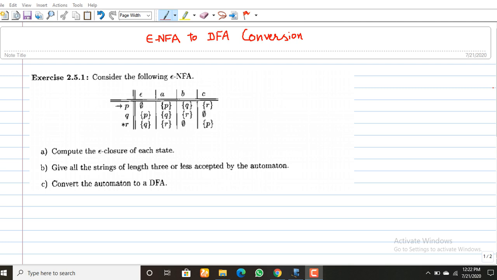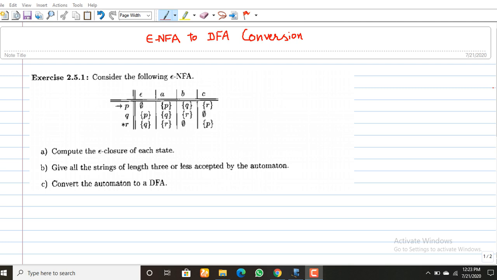And so it has the properties of an NFA plus one other property, which means it accepts the epsilon string as input. So this problem is actually divided into three parts. The first one, compute the epsilon closure of each state. I will tell you how you can calculate the epsilon closure for all the states.